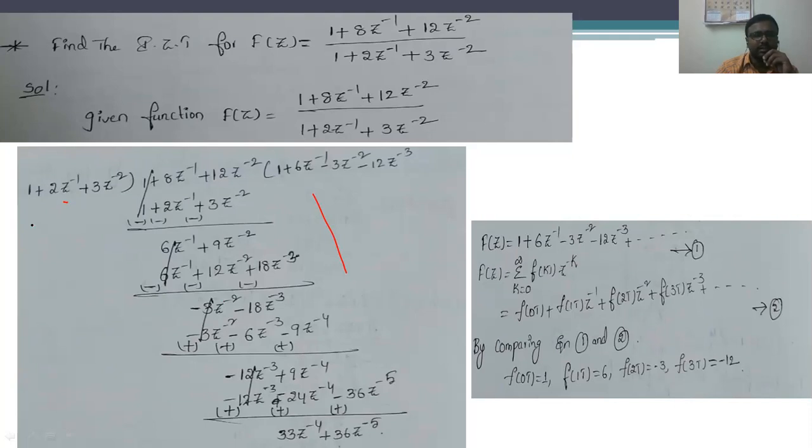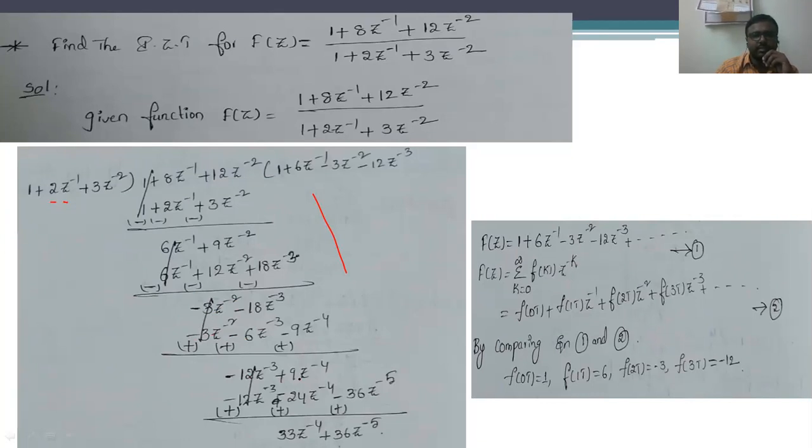So in order to calculate this particular 3z^-2, we have to multiply this particular value with 3z, that is -3 into z^-2. So just multiplying this particular denominator value with -3z^-2, we are going to get -3z^-2 - 6z^-3 - 9z^-2. So just subtracting, that means cancelling this particular 3z^-2, we are simply getting -12